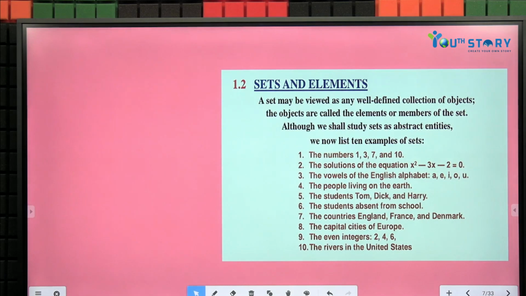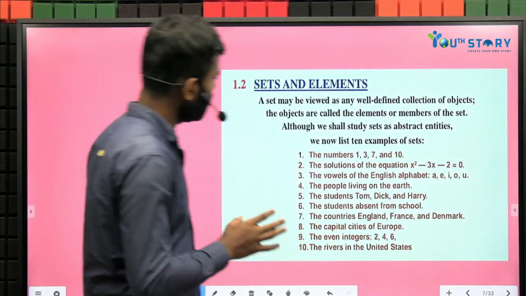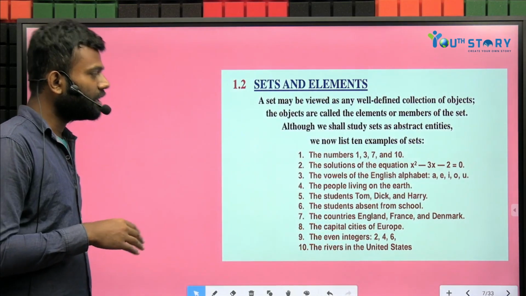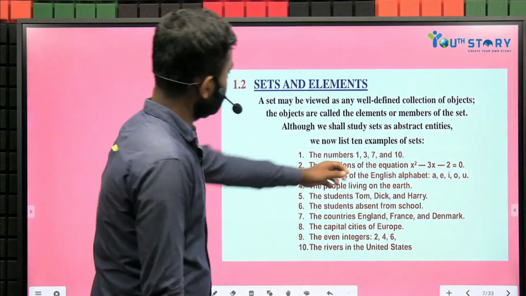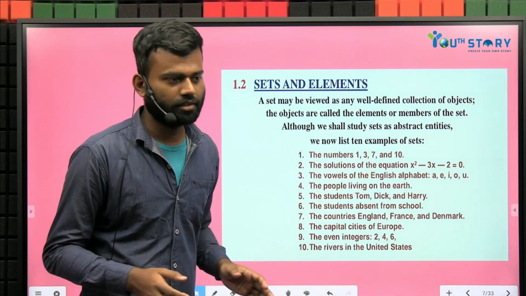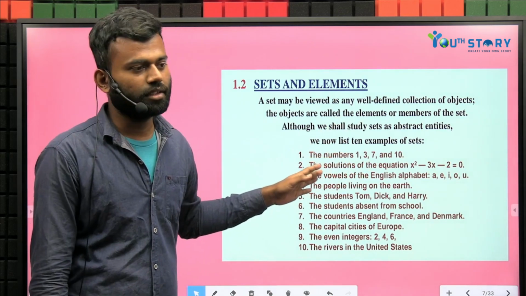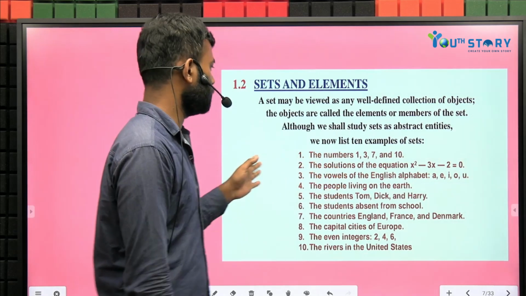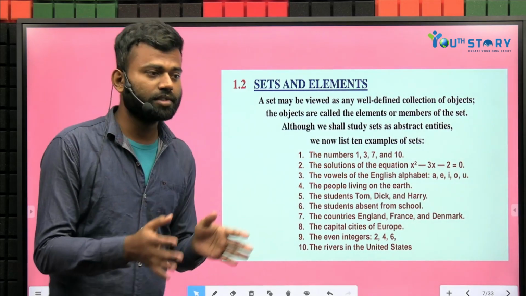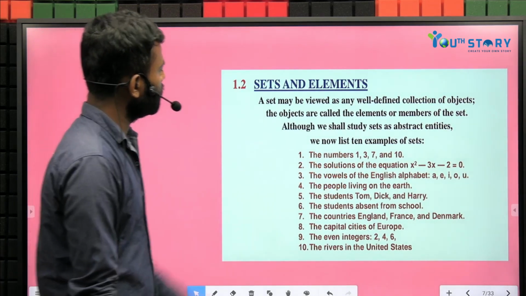Suppose we are going to collect the numbers 1, 3, 7 and 10. Here 1, 3, 7, 10 all are different, and second thing, they are a well-defined collection. So we can say the numbers 1, 3, 7 and 10 form a set mathematically. Now